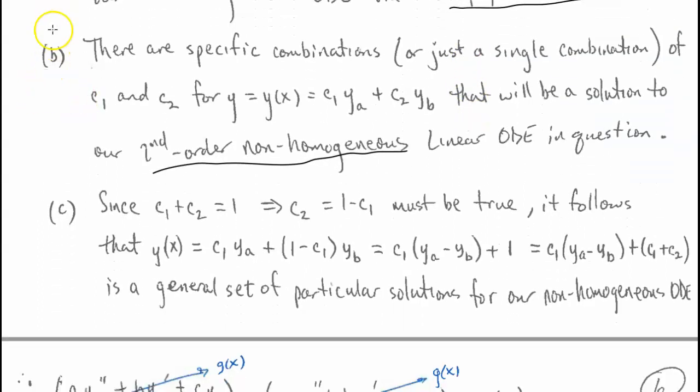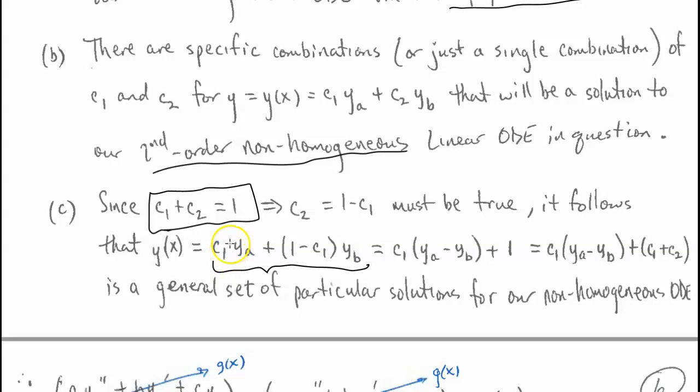Now, if we take points A and B and put them together here, we'll see that because C1 plus C2 has to equal 1, that means C2 is going to be 1 minus C1. We also know that if I plug that in like I've been doing earlier, then this is what our general solution to this non-homogeneous equation would look like for a given